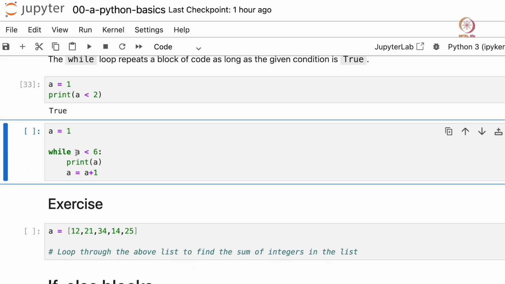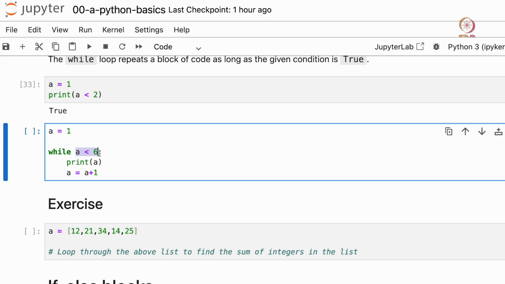So while always takes a condition, and it keeps on going within the loop as long as the condition is true. For example, I have assigned a equal to 1, and I write while a is less than 6, print a, and then I increment the value of a by 1.